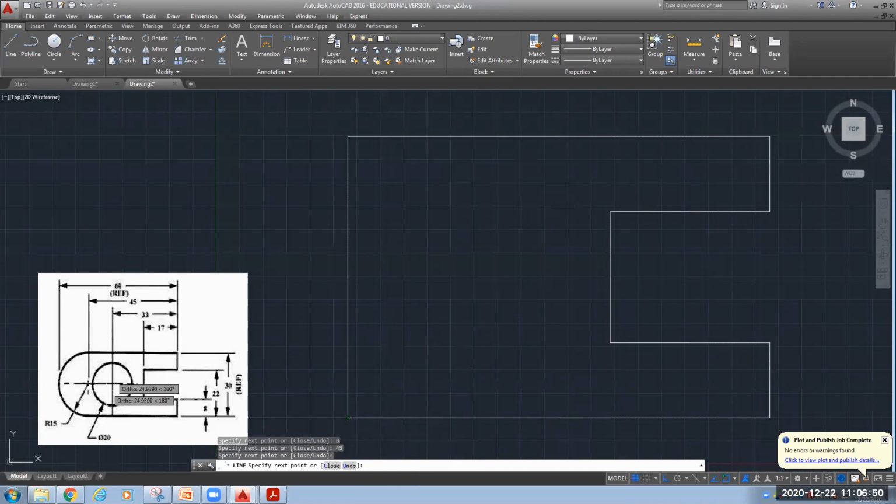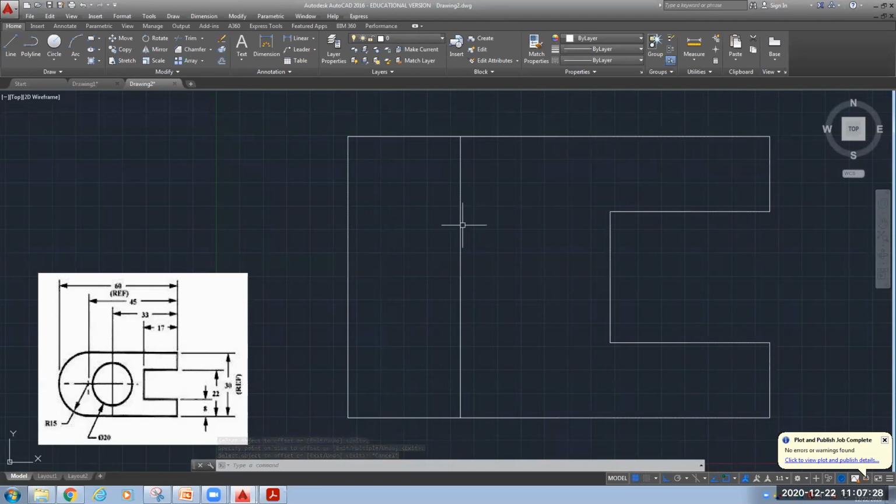Now here you can see we have a circle at a center of 33. And this is 45. So what I can do is 33 minus 45, so 7 on this side and 5 on that side. So it is 12. I will offset this line by a distance of 12, or you can draw that line also. Specify the distance 12, select the object and the side. This is the side that I want to offset.